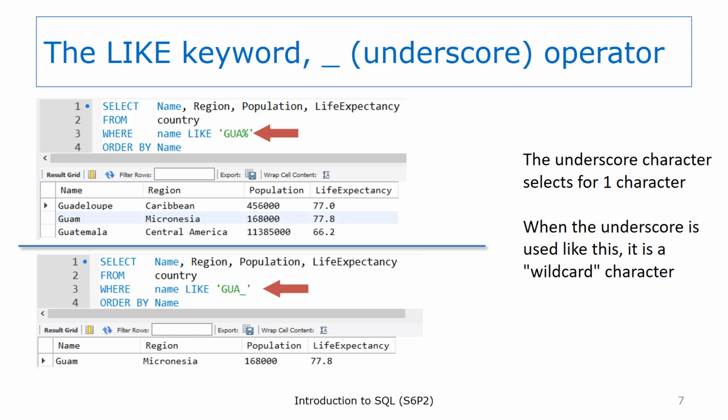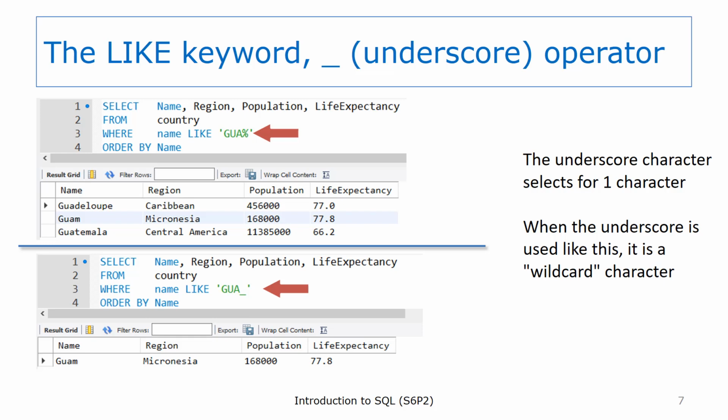In the top figure, you see the pattern GUA percent symbol. That pattern selects 3 country names. Each of the country names begins with GUA, followed by other characters. In the bottom figure, the pattern is GUA underscore. This time, only one country name is selected. The reason why only one country is selected is because the underscore only allows one character to be used in